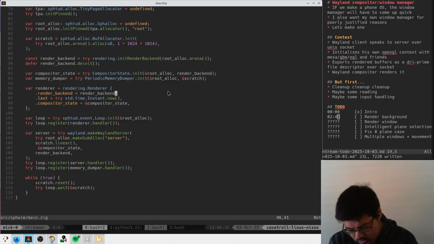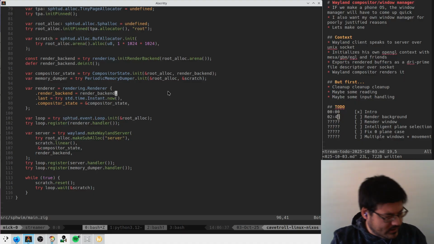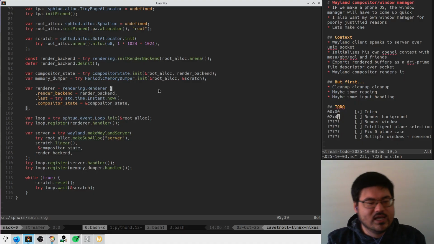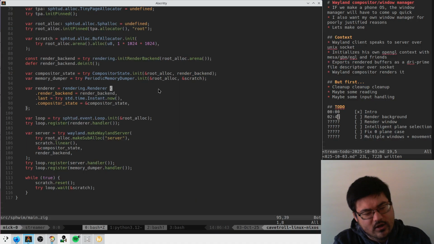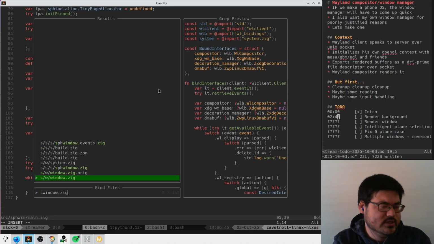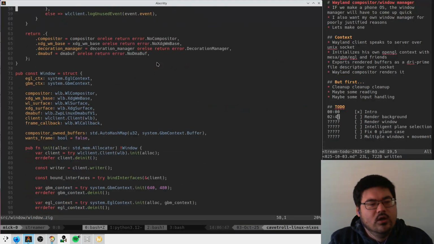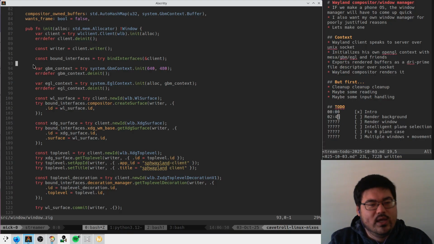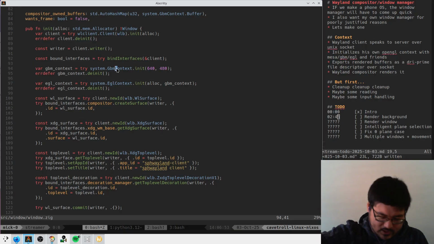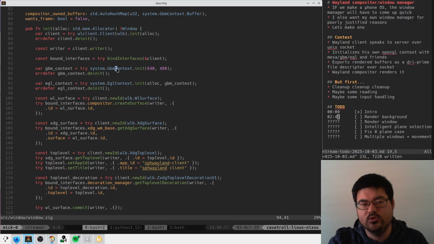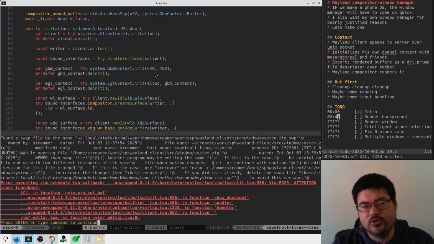So I think what we're gonna do is initialize OpenGL in the same way that we do in our client, right? We have a Wayland client, Windows maybe is where this lives. He uses Mesa. We're assuming right now that we're on a device that can use GBM. So GBM is like,